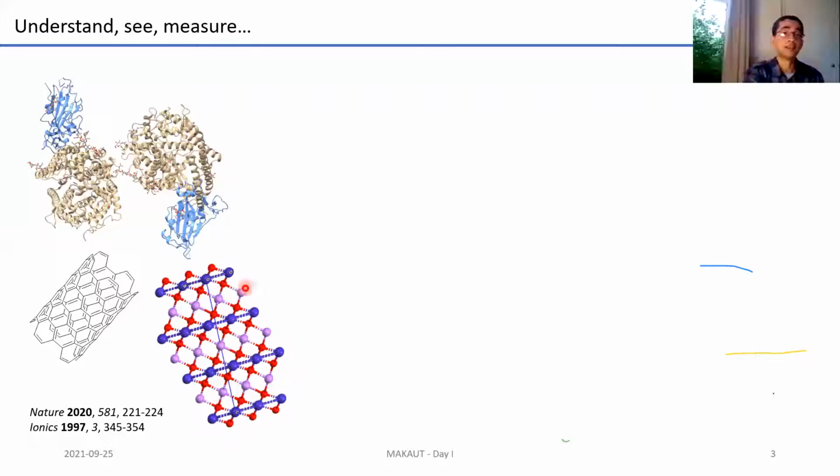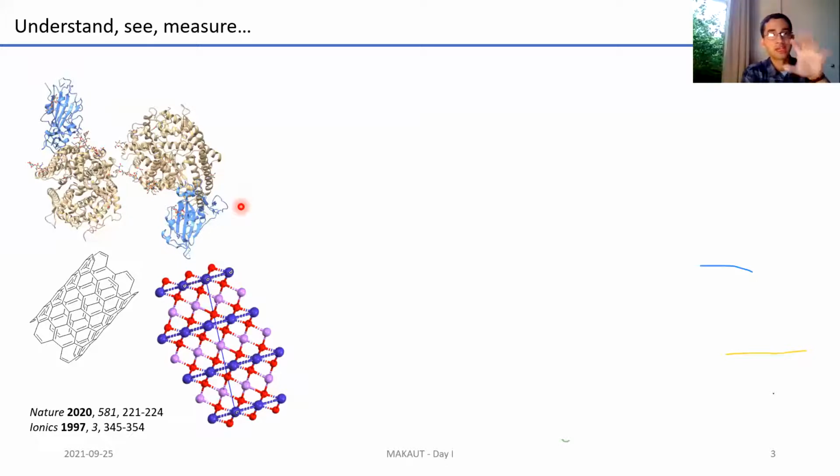And the thing that you see here is a chemical structure. It has lithium, which is purple in color, oxygen, which is red in color, and cobalt, which is blue in color. This is lithium cobalt oxide. And this is important because probably it is in most of the lithium-ion batteries in your cell phones that you're holding now. So this is the atomic or molecular level or material level understanding of the world.